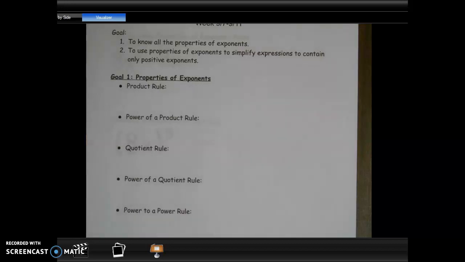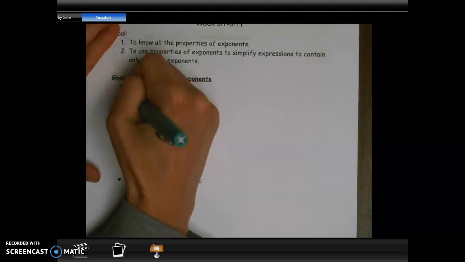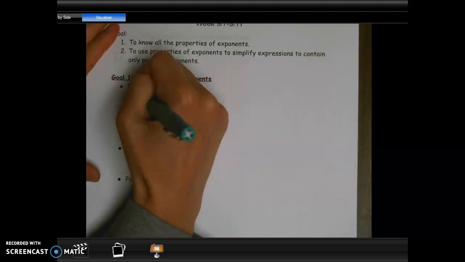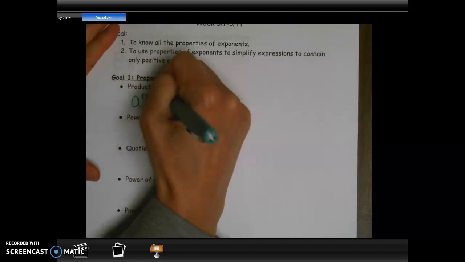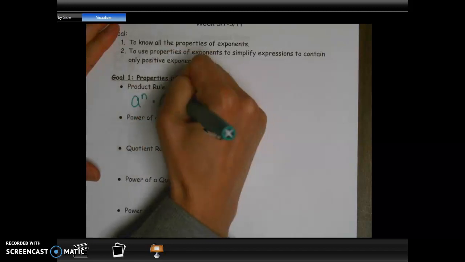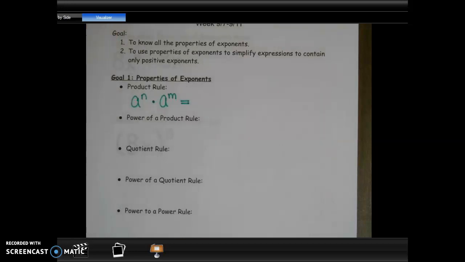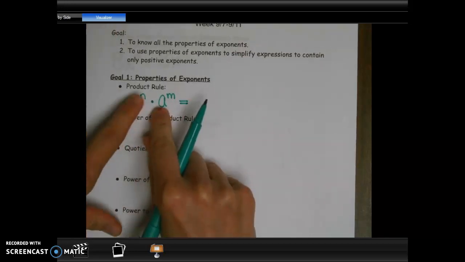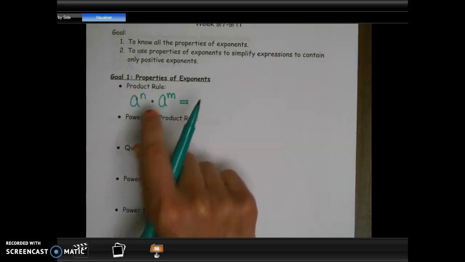All right, so first we have the product rule. The product, which means to multiply, is talking about if we have two exponents that are multiplying, and the key thing is they have to have the same base. So the big letter or the big number has to be the same. So in here,